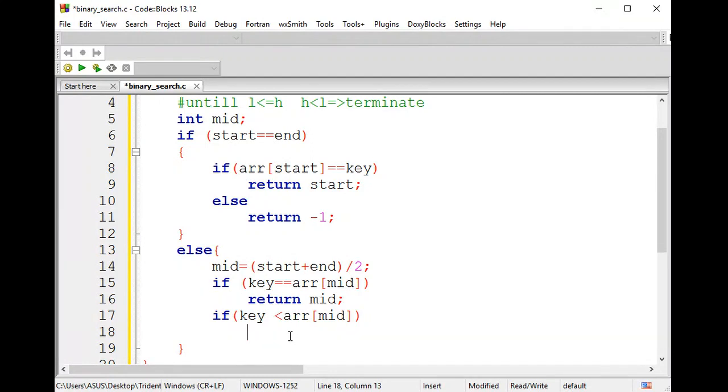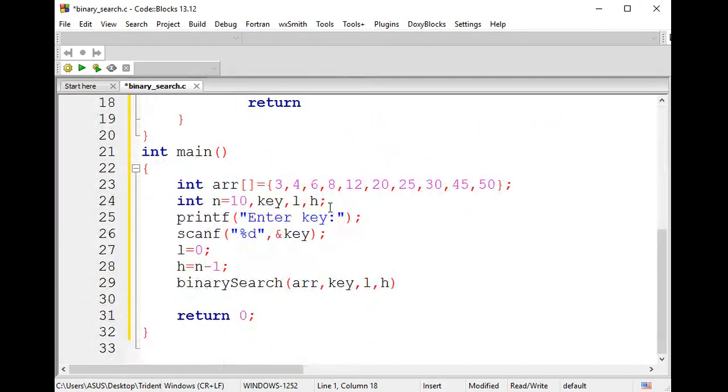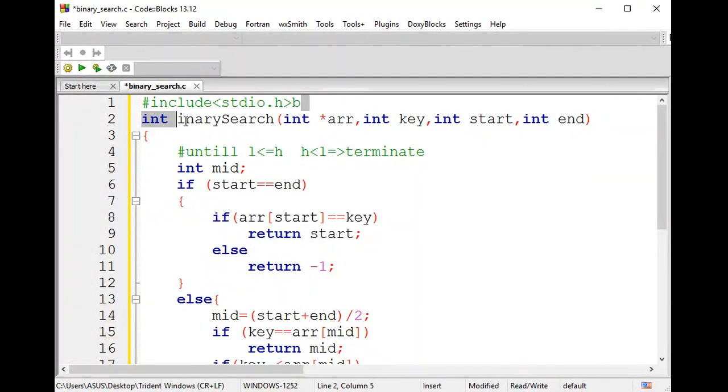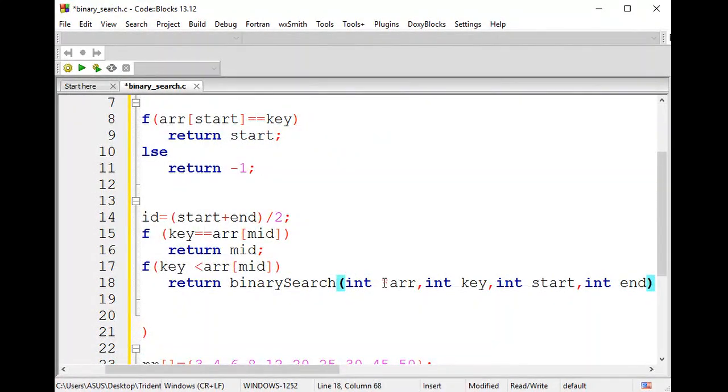So you're supposed to reassign your mid value by calling the function again. So return, call your function again. What's the function name? Here we have mentioned binary search. So you're supposed to call this function again. Just a minute. Let me copy paste it. If at all you're writing it, it will cause you some error again. So let me copy paste the same function call. Yeah. So let me remove this one. Here I'm supposed to pass my array, followed by a key value, followed by the starting index, and followed by the ending index.